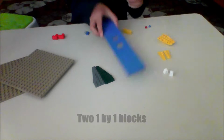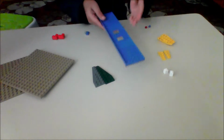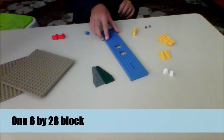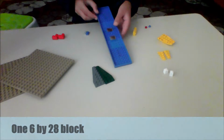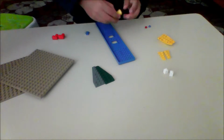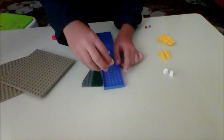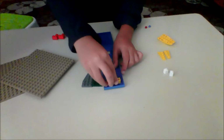So first you start off with the blue piece, and you also need one 6 by 28. So you start with the 6 by 28, flip it over. So you flip it over and then you put the 1 by 4 here,